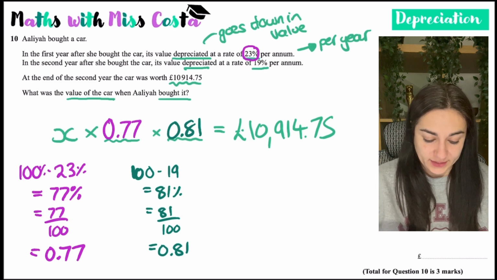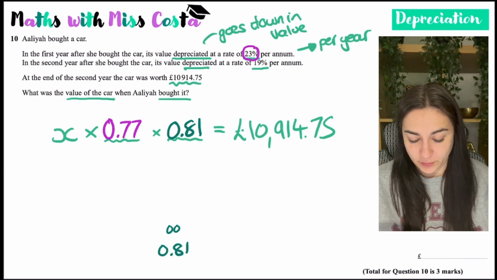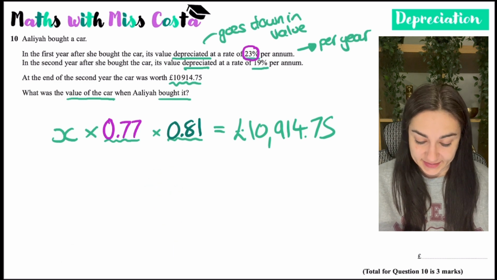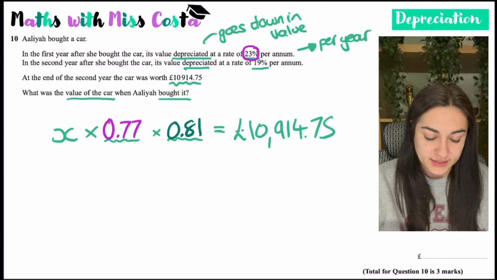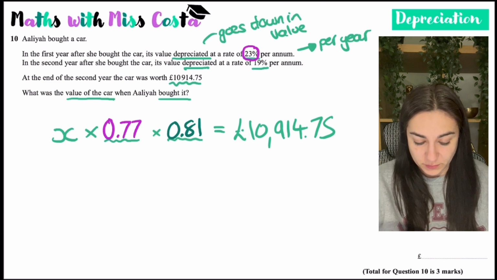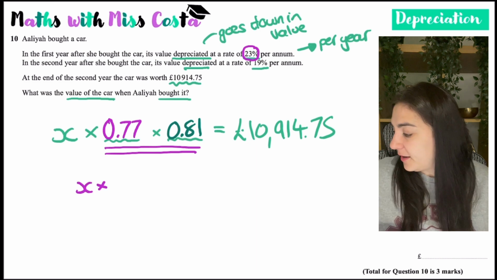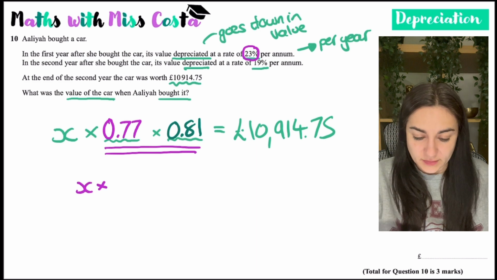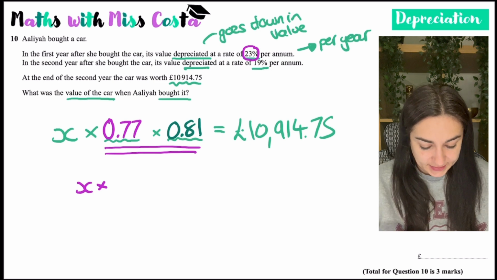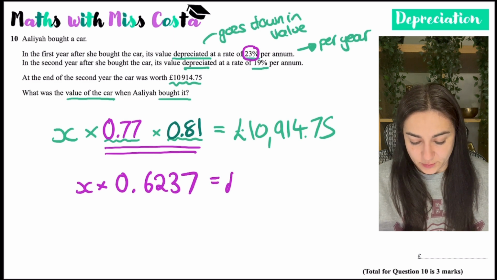So now I've got this equation. I know that x times by 0.77 times by 0.81 must give me 10,914.75. So you could do lots of things, but you could multiply these two terms together first. So you know that x times by 0.77 times 0.81 gives me 0.6237, so 0.6237x must equal